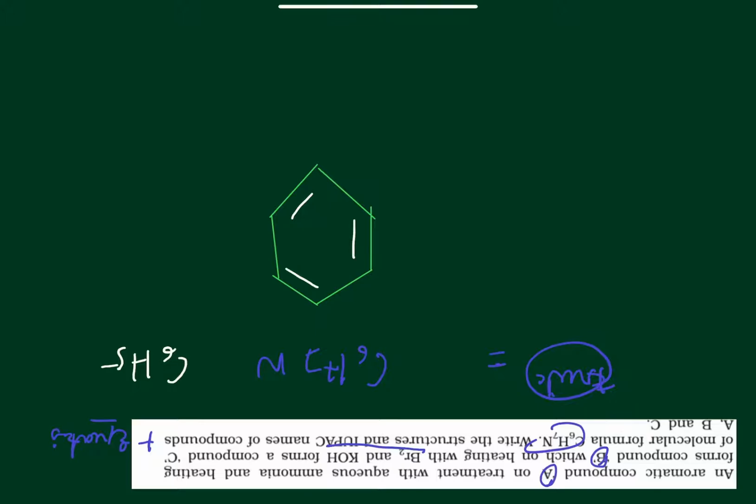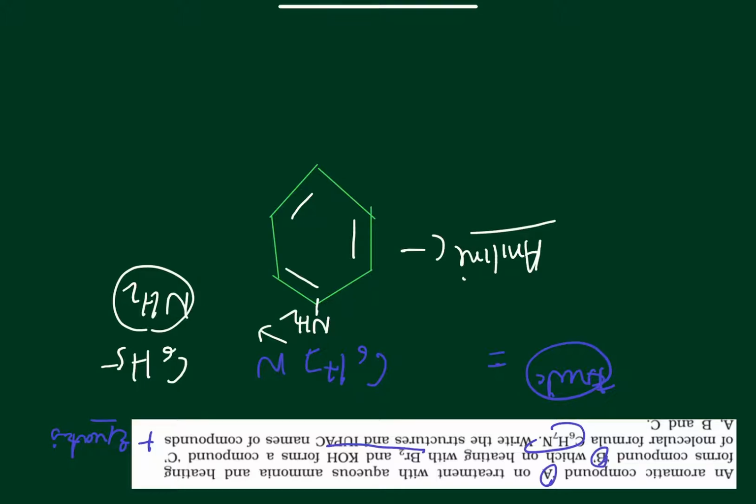What do you have apart from C6H5? You have no more C, you have N and 2H. 5 H's used, 7 are there, so NH2 is what is remaining. Put NH2. What do you get? This is aniline, benzenamine is aniline. You got it? So your compound C becomes aniline. So this is the trick. Whenever you have the formula, C6H5 forms the benzene ring and the rest you substitute. You got the compound. Now compound B on heating with bromine and KOH forms compound C.